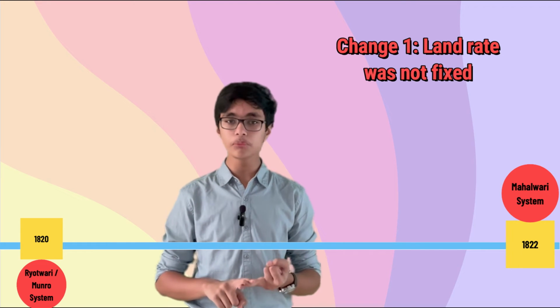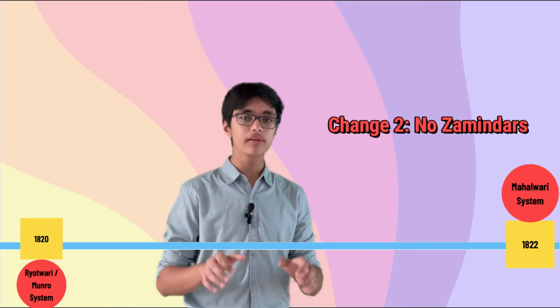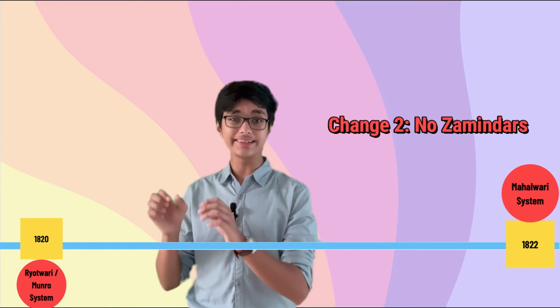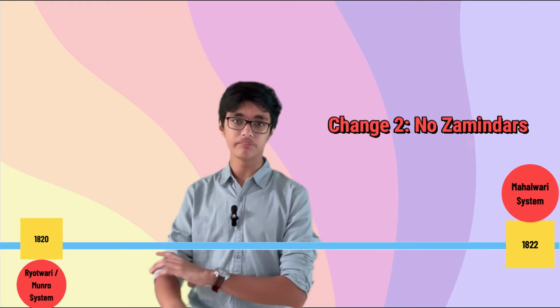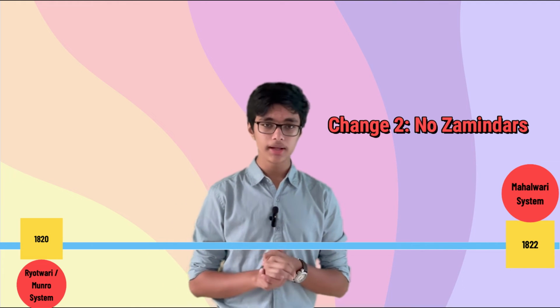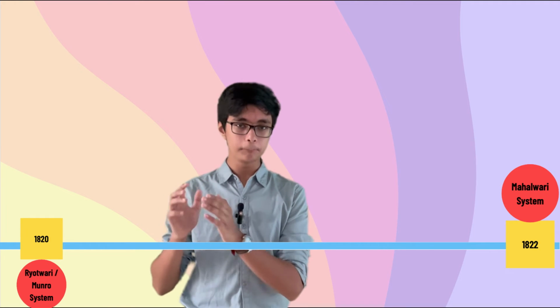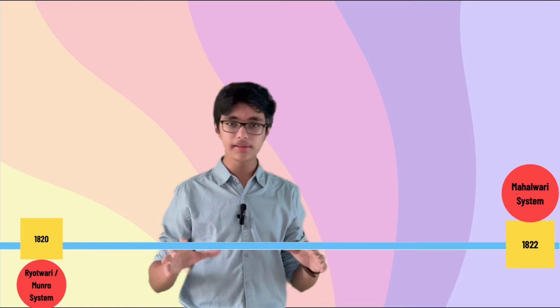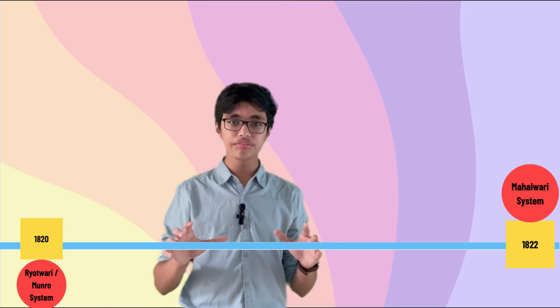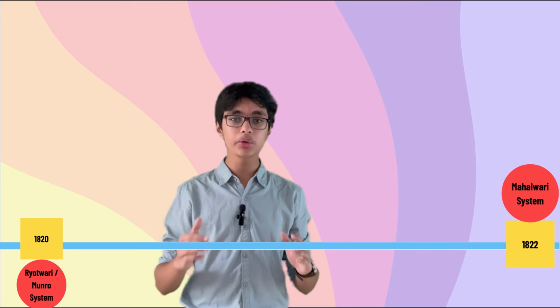The second was that there was no concept of a zamindar. Rather, the taxes and the dues would be taken directly from the peasants themselves. And there was a strong reason for this. The person who introduced the system, that is Thomas Munro, believed that in southern India there was no concept of a traditional zamindar, and hence they had to protect the rights